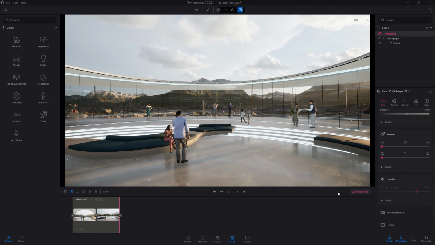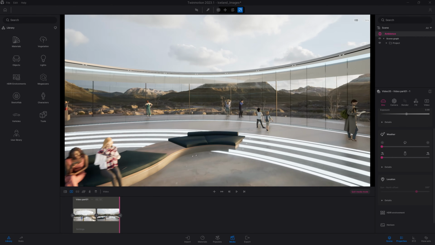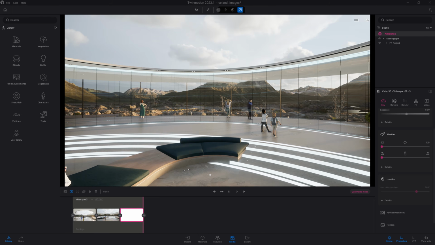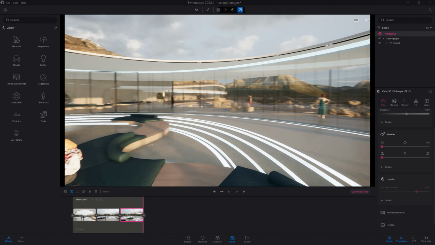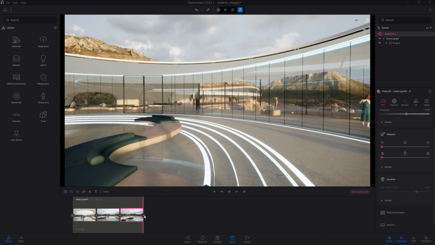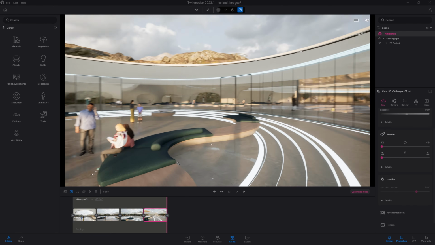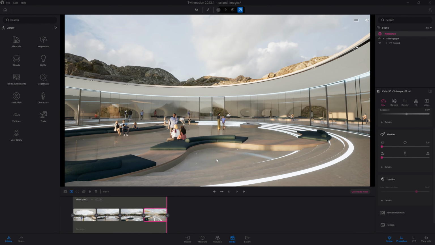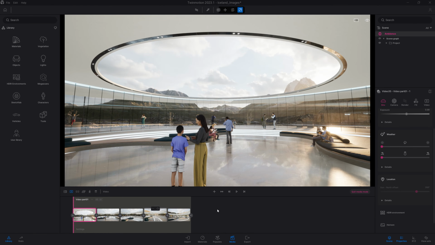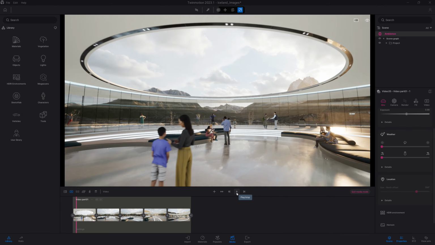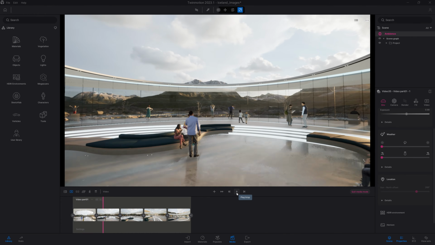You can create any number of keyframes inside your media. So let's maybe create another keyframe over here. Let's maybe after that turn the camera, so we can see the back here. So right now I'm just creating a longer camera pass, but right now the time of my video part is still the same. So if I click on the first keyframe and hit play, the camera will be quite fast, as we can see over here.